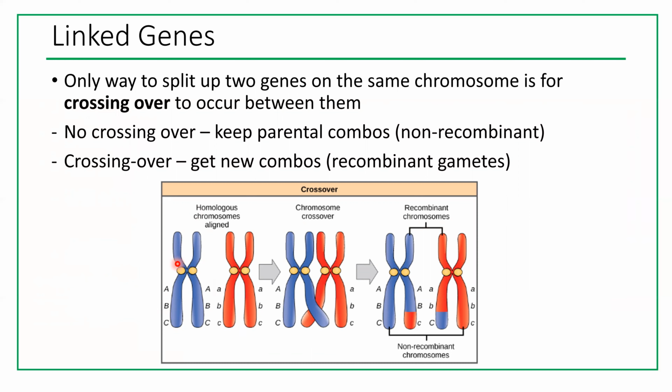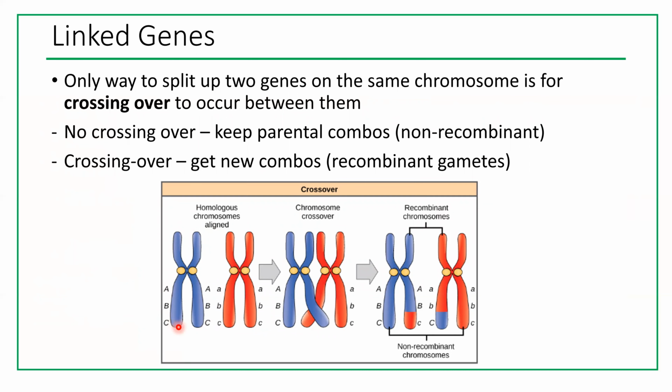So look over here, that's two homologous chromosomes, right? And again, blue from dad, red from mom. And on the blue, we only have dominant genes, and they are linked because they are located on the same chromosome. Here we have all the recessive genes, and they are also linked. So really, the offspring should receive either all dominant or all recessive, because you